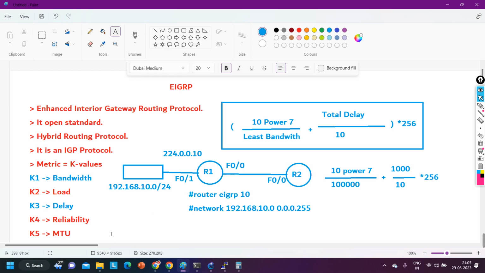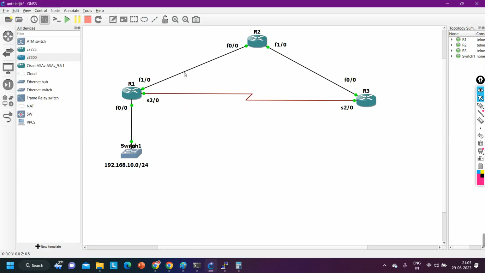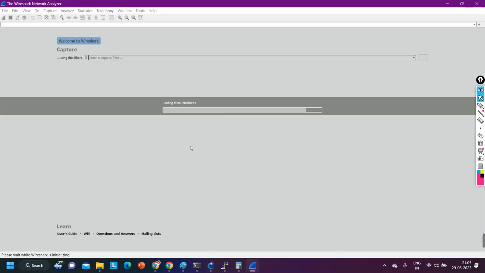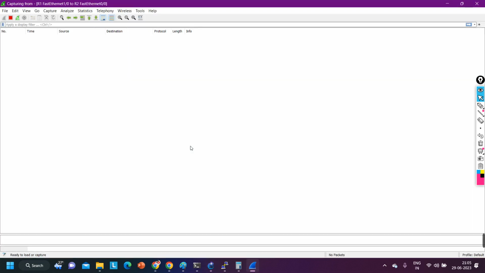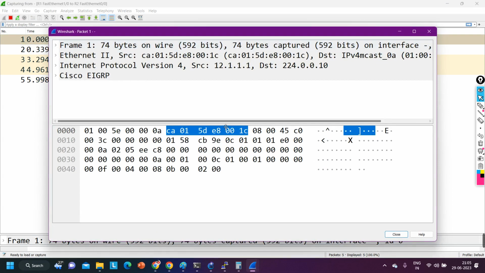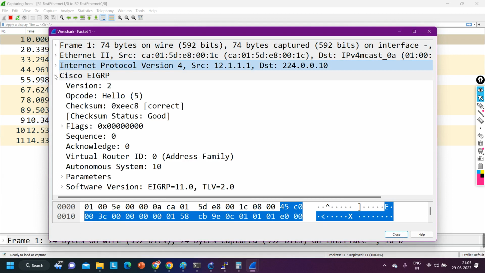It uses multicast address 224.0.0.10. If you capture the link, you will see the hello message. Router 1 is sending the hello message. Source IP is 12.1.1.1 and destination IP is 224.0.0.10. Inside the hello message,